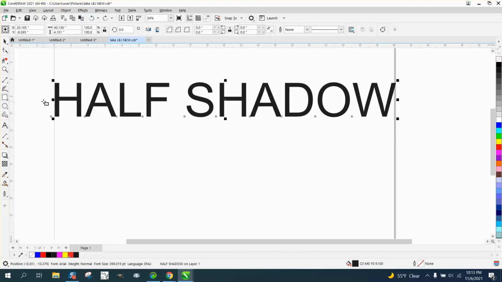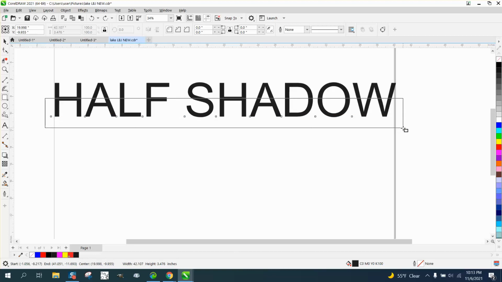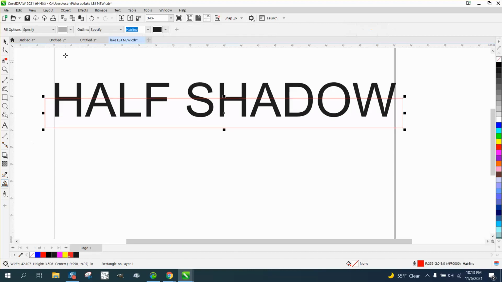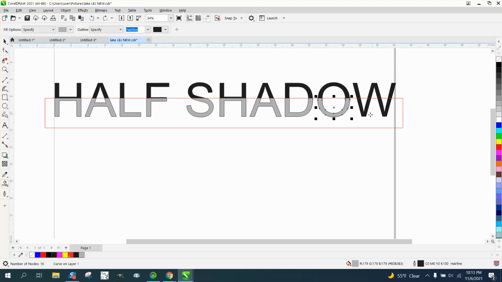Let's take a rectangle tool and just put it over here. Now use the Smart Fill tool and set it on like a gray and fill in these parts of the letter that are in the rectangle. The rectangle, well, actually the line above the top is keeping the Smart Fill tool from going up there past